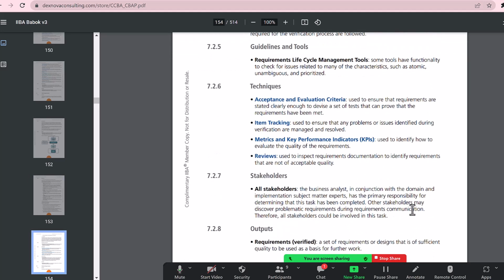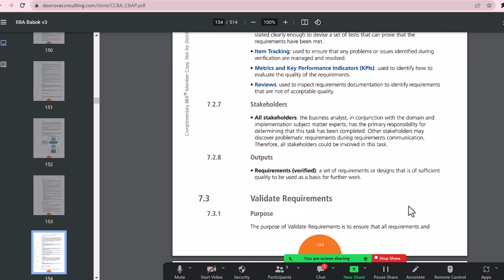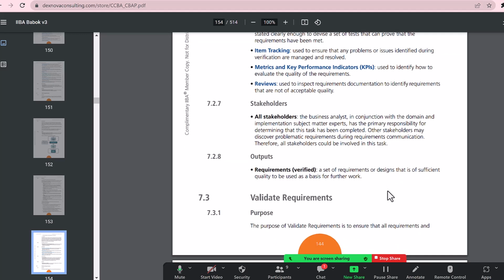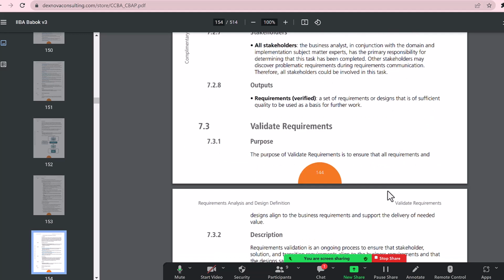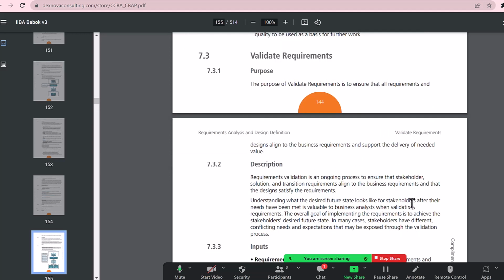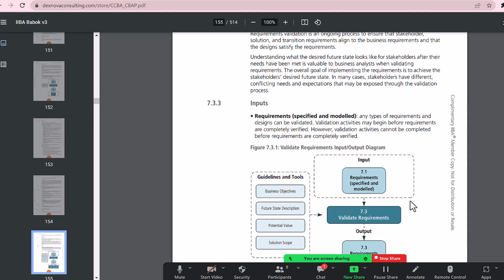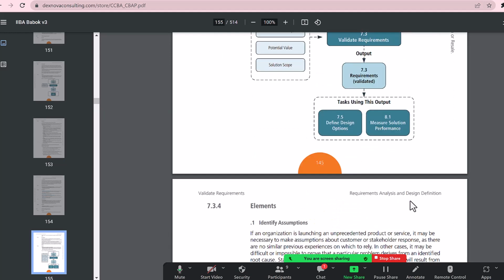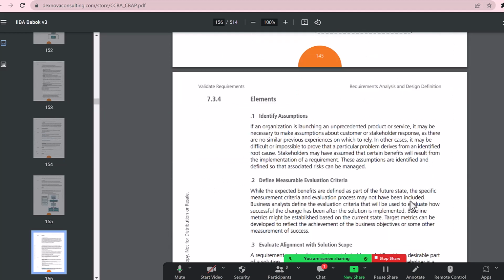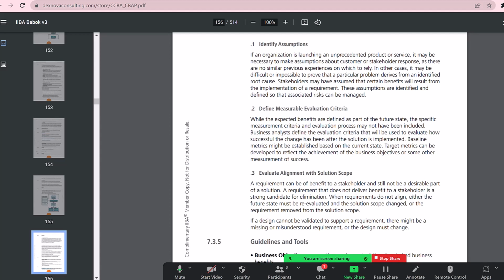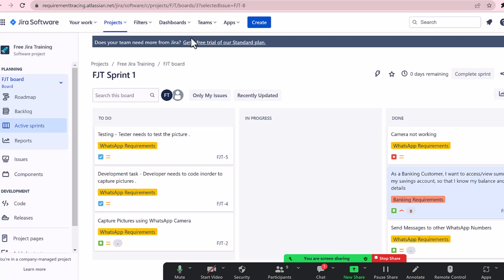And yeah, once the requirements are verified, I said that once we verify all the requirements, we need to validate. Validate in the sense that you are giving the requirements to the business owners and asking them to check. So we are making sure that everything is within the scope, within whatever criteria we agreed upon. So what you do is you ask the business owners to see all these user stories,